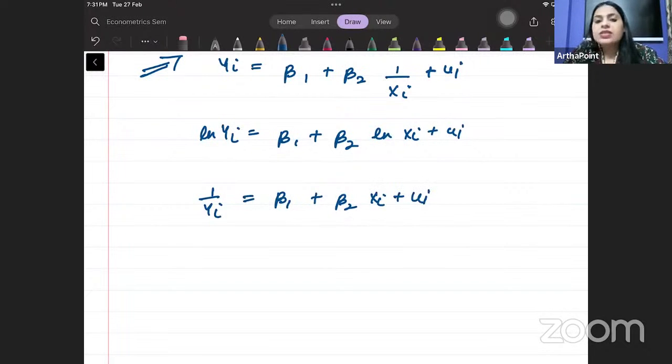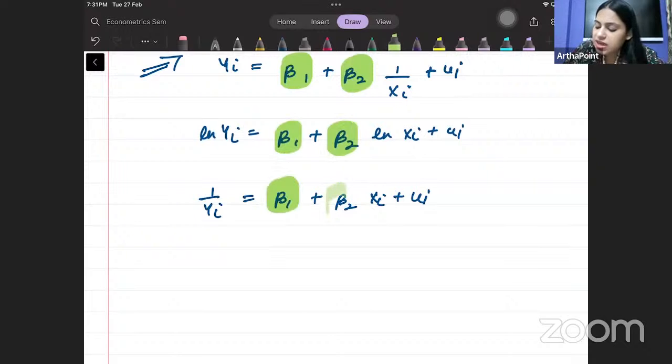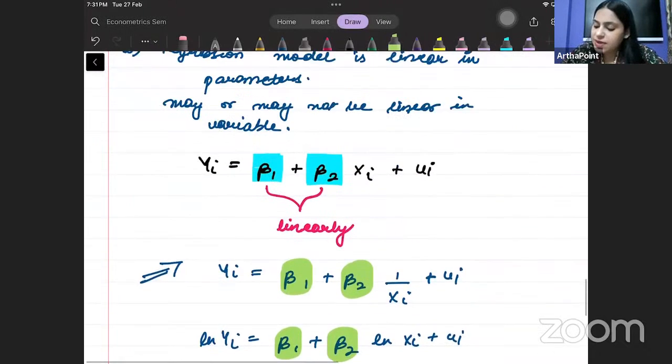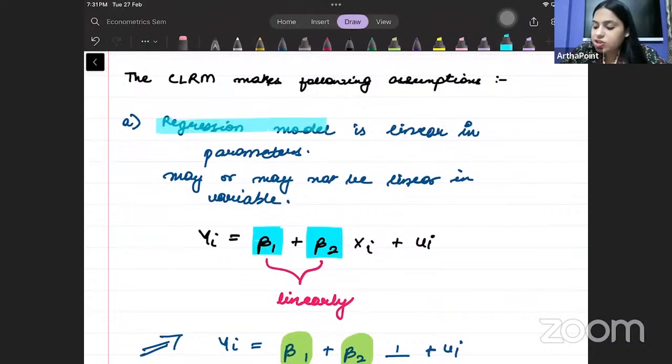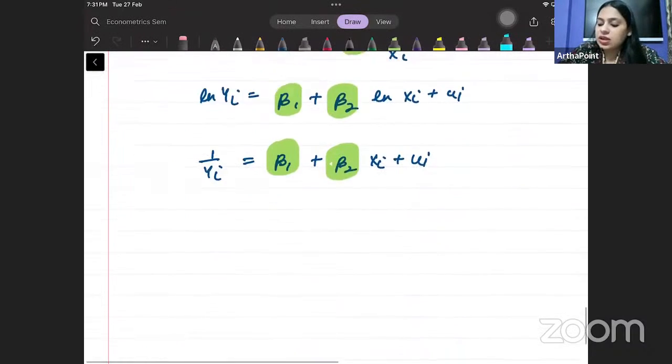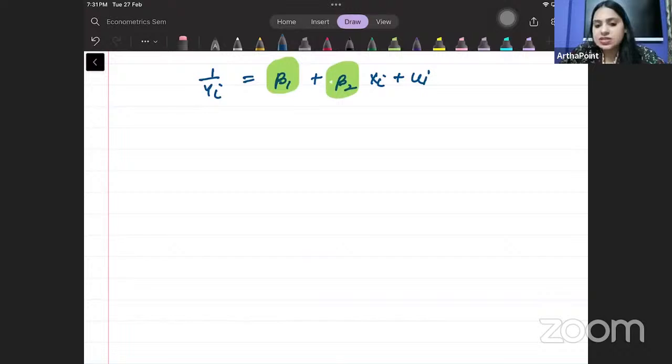no problem. The only assumption that we are making here is that these parameters, ये जो मेरे betas हैं, these betas should be coming linearly. इन betas का linearly आना जरूरी है. That is my first assumption. A regression model should be linear in parameters. Beta, second assumption. The second assumption says that the explanatory variable